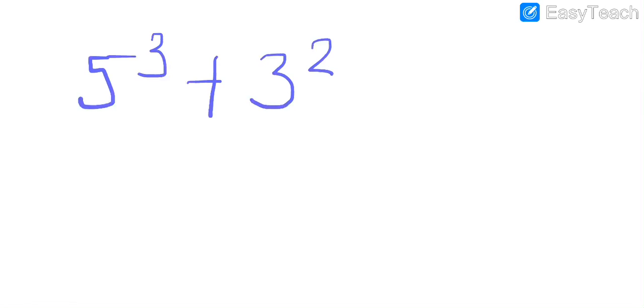Hi everybody. So we're going to continue on practicing equations with exponents. So let's get ready. If you have your paper and pencil, you're ready to go. Let's start with the first equation. How about we start with 5 to the third power, plus 3 to the second power, plus 2 to